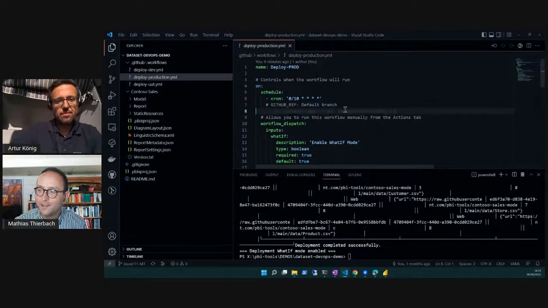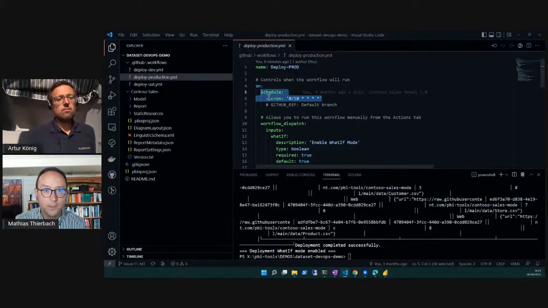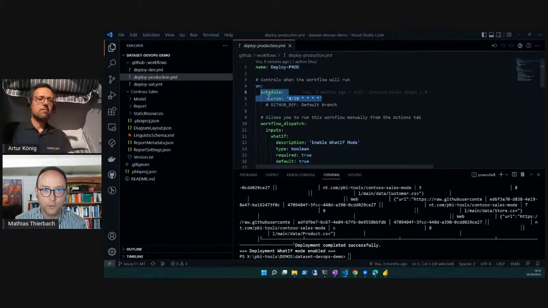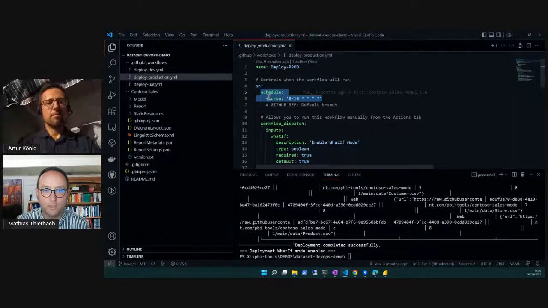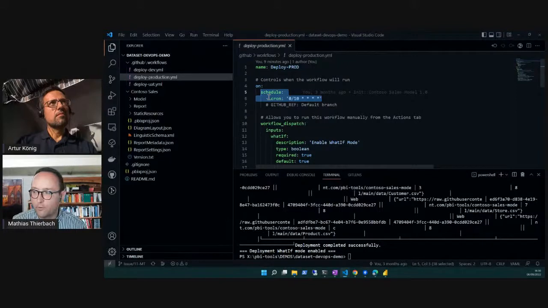So this one isn't getting triggered from commits, which is by design. I'm doing that intentionally. Instead, this one has a schedule, and the reason for that is because our deployment is actually linked to a refresh. We want to be in control with respect to when production refreshes happen. We don't want arbitrary refreshes to be triggered whenever someone happens to click that button. We want to make sure that we actually know when, and we define when a safe time is for production refreshes. And so that's why this one is on a schedule,